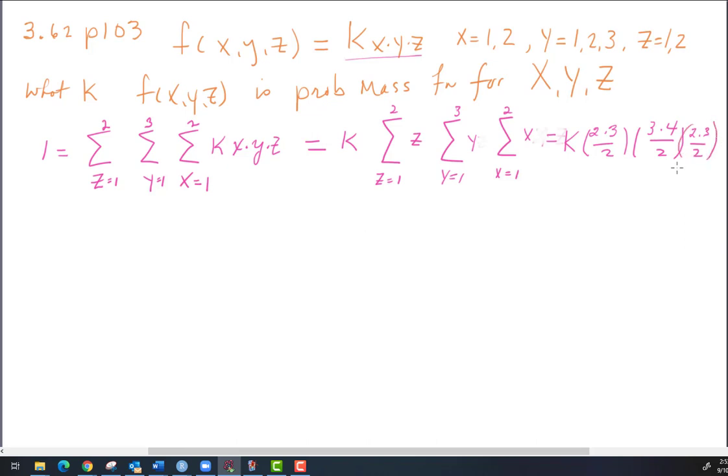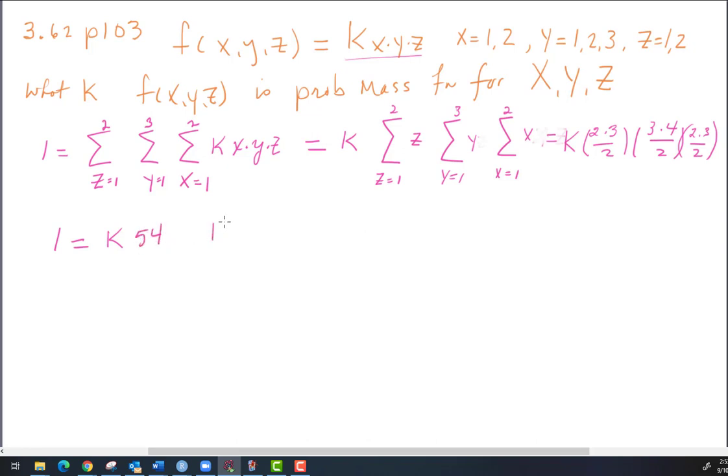Now I kind of got those out of order, but they're multiplication, and multiplication is commutative, and so I can be forgiven. 1 is equal to, let's do some arithmetic here, k, and this would be 3, and this would be 6, and this would be 3, so 3 times 3 would be 9, times 6 would be 54,